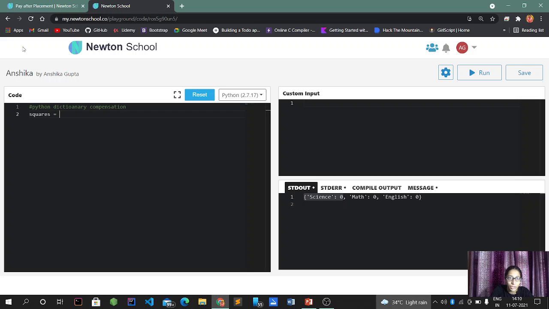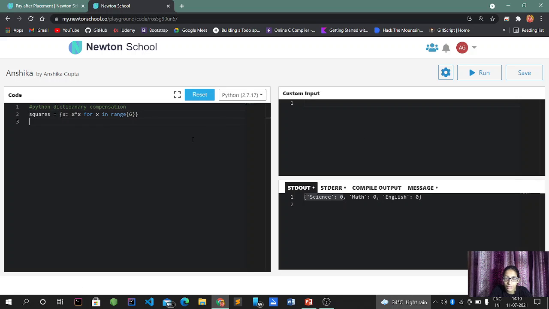I need the square of x, so x asterisk, a multiple for square. Then I have to use a comprehension for x in the range of 6, and print the square.